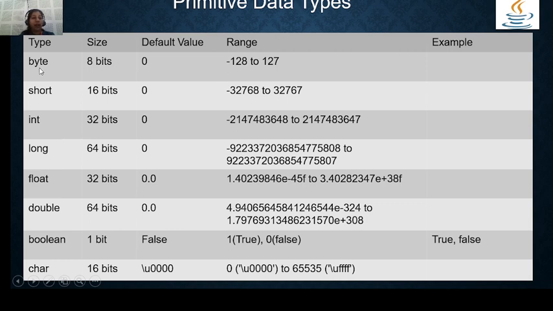So first is the byte, which has 8 bits size, the default value as 0 and the range as minus 128 to 127. Short has 16 bits and the range as minus 32768 to 32767. Also integer is after short, which is double in size, that is 32-bit, and having the range as